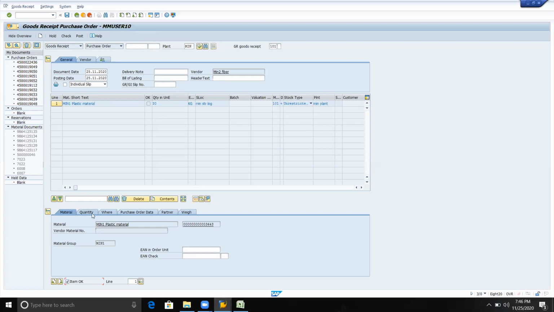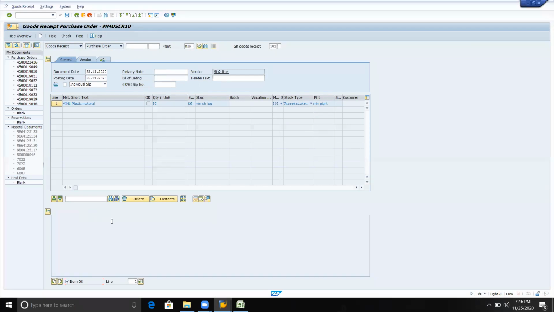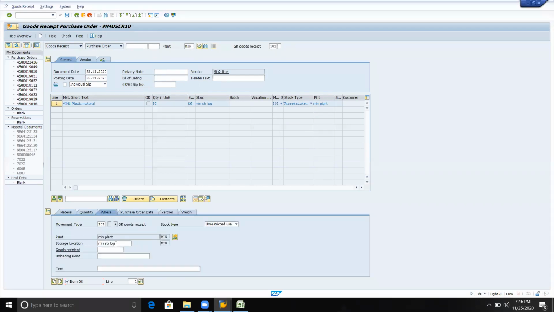So before that I will check is every detail over there. Yes, यहाँ पे मटेरियल आ गया मेरा, यहाँ पे मेरा क्वांटिटी है जो यहाँ पे डिस्प्ले हो रहा है, where it is, ये मेरा प्लांट कोड है, स्टोर लोकेशन, इसमें ये पूरा मटेरियल रहना चाहिए, परचेस ऑर्डर, यहाँ पे आ गया अपना परचेस ऑर्डर,